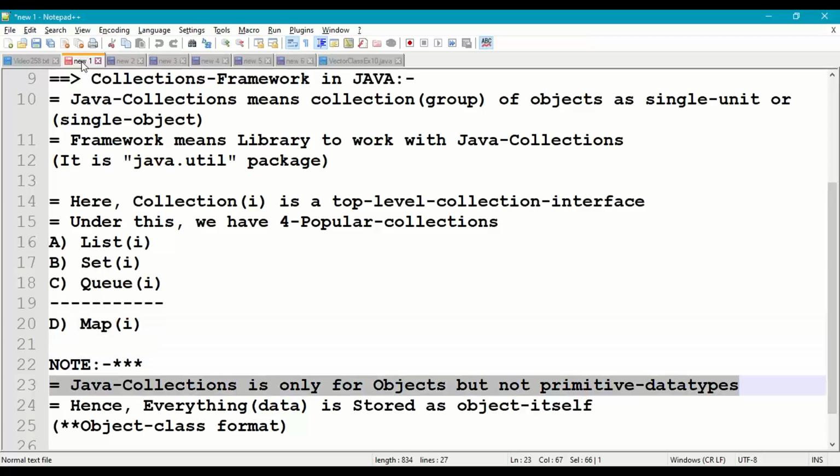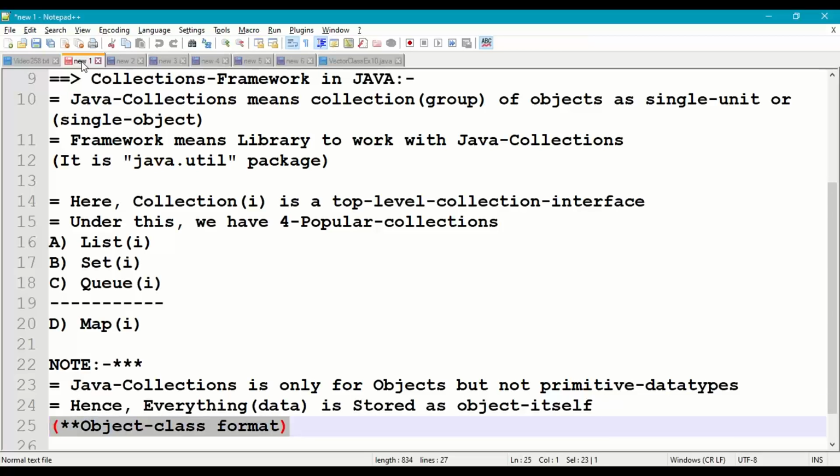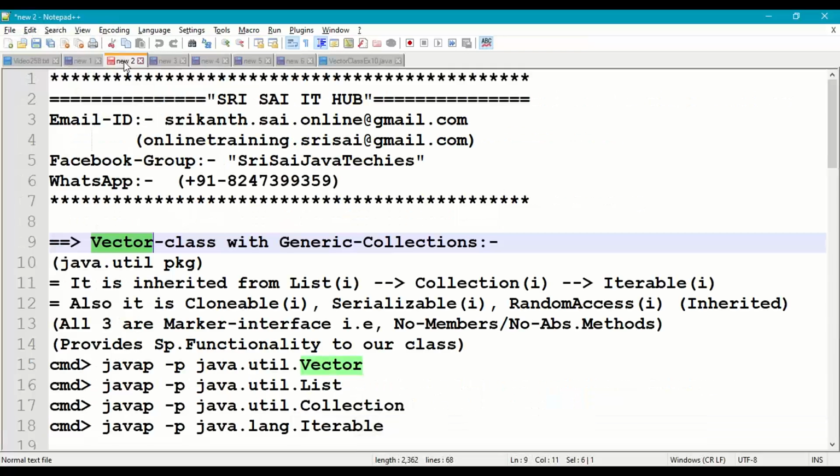Now Java collections is only for objects but not primitive data types. So if we store any primitive data type also, internally it will be stored in the form of object only. So hence in Java collections, every data is stored as object itself. To be more precise, it will be stored in Object class object format. So now coming to the concept of